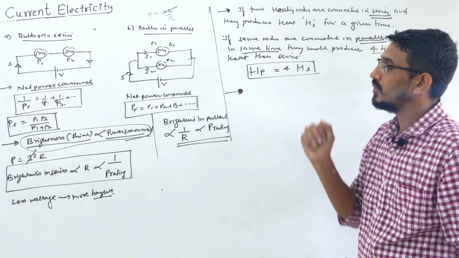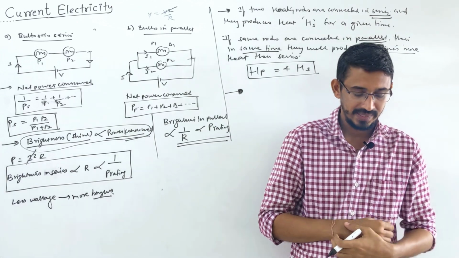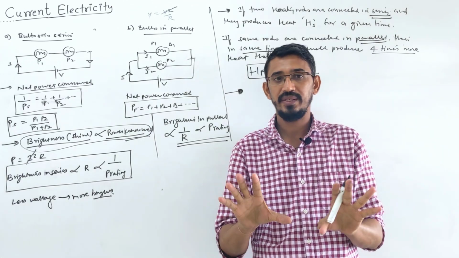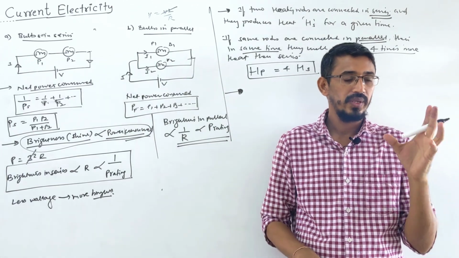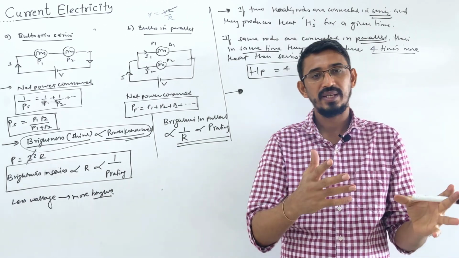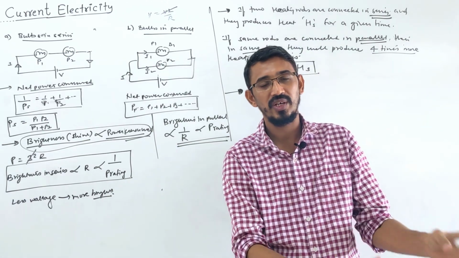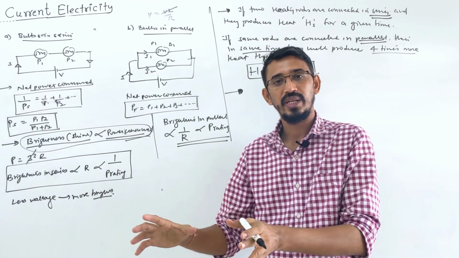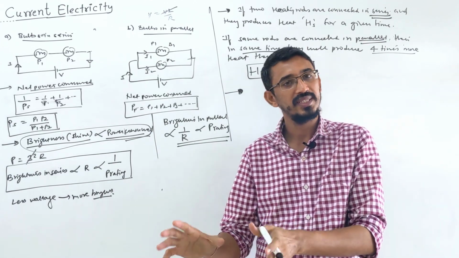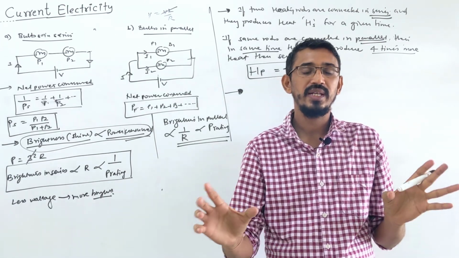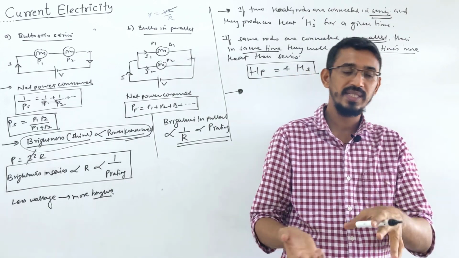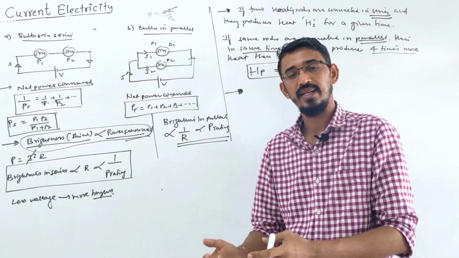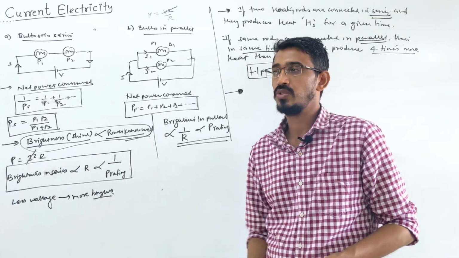Then the same question, how they ask in terms of time. I have two separate heating rods with me. One rod takes T1 time to heat some amount of water, let's say, and another rod takes T2 time to heat the same water. If I connect these two rods together either in series or in parallel, then how much time will they take? This question is also very interesting.